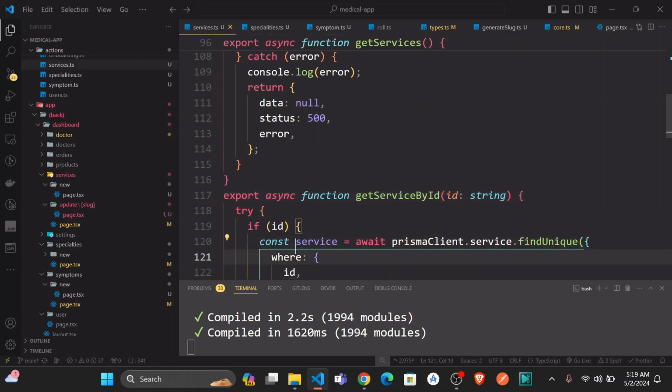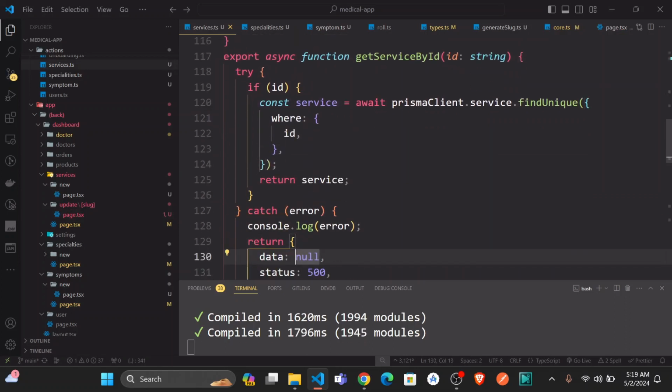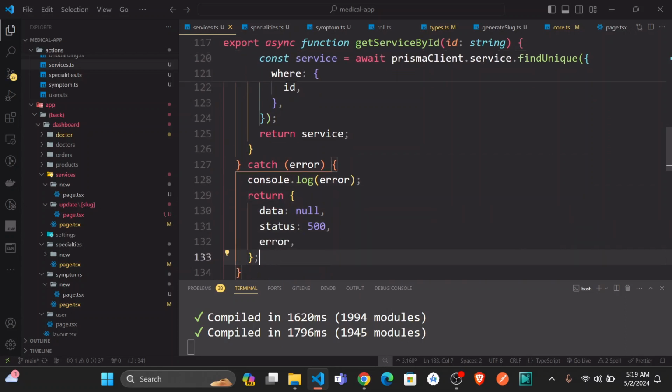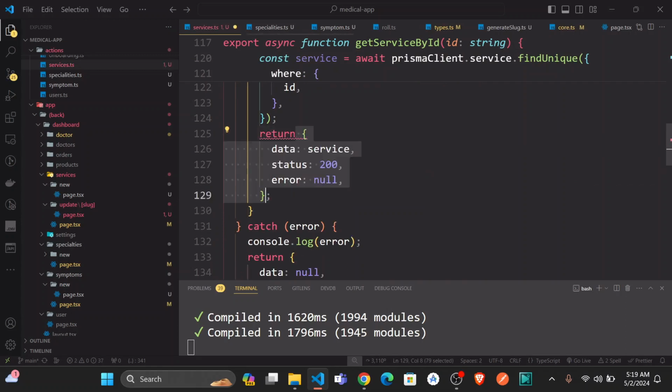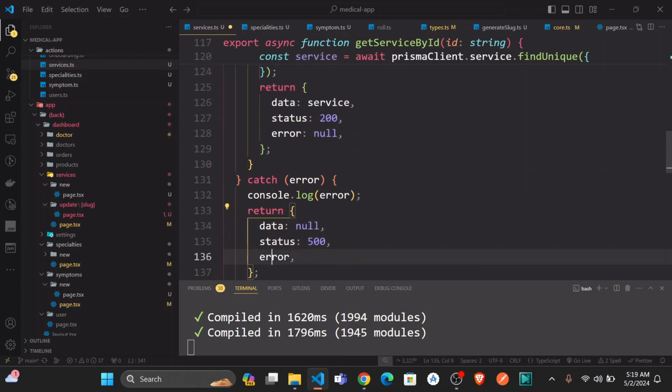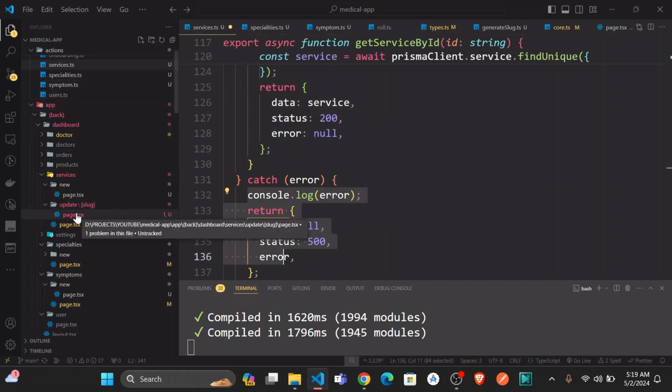Just go here. Because of this, it has to be consistent, because it can bring this or it can end up bringing this. So to be consistent, we need to